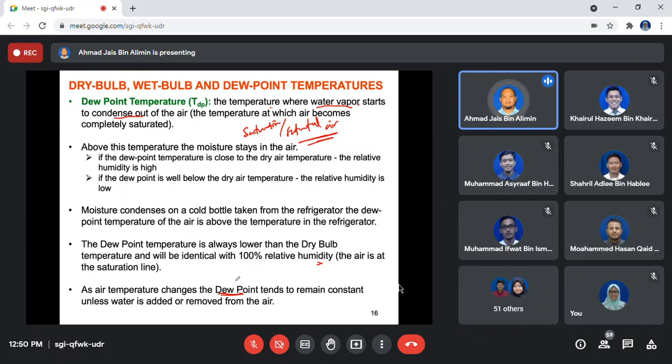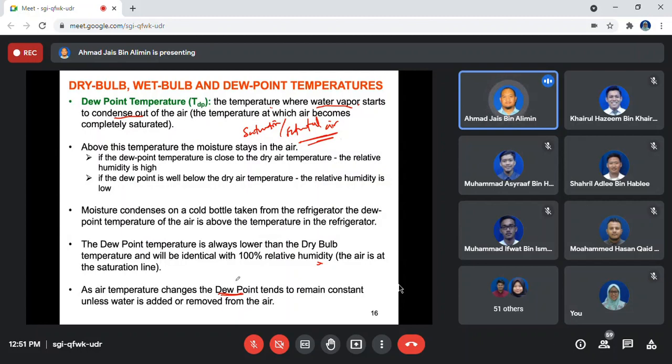You don't want the water vapor to transform into liquid, because maybe your application is concerned about ensuring cool conditions, but you don't want to have any liquid water